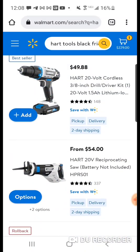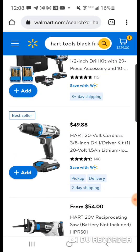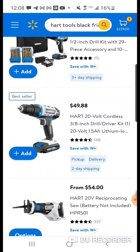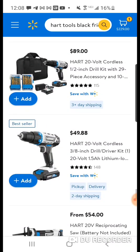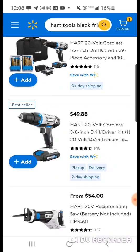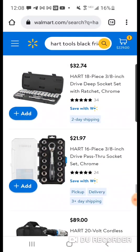Here's their recip for $54. So this isn't bad. $50. You're going to get the battery, the charger. So you can kind of work off of something like this. $89. I don't know why you would spend that over $49 just for a bag and maybe some drill bits. But